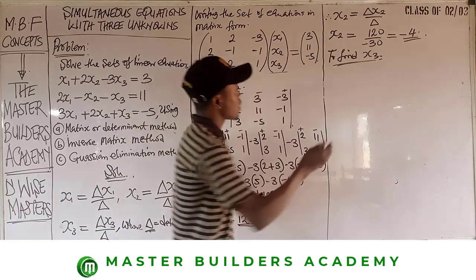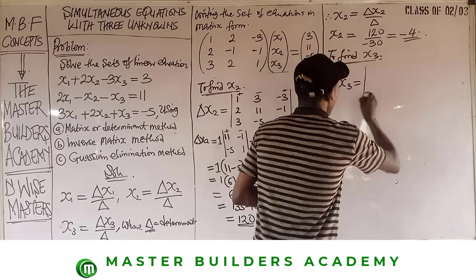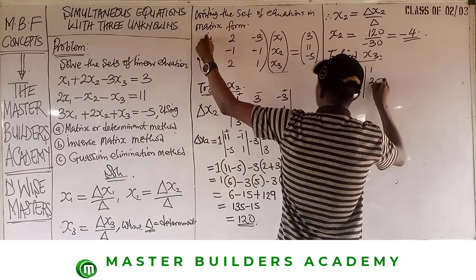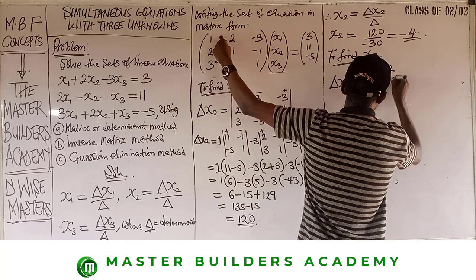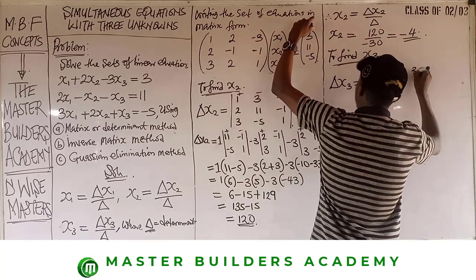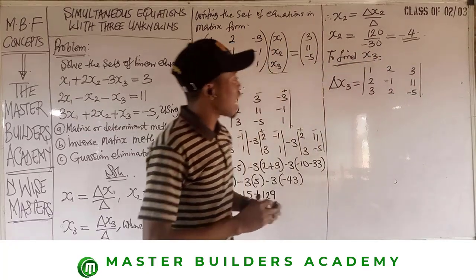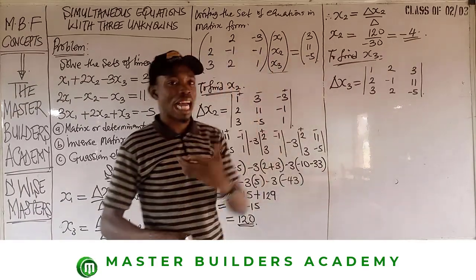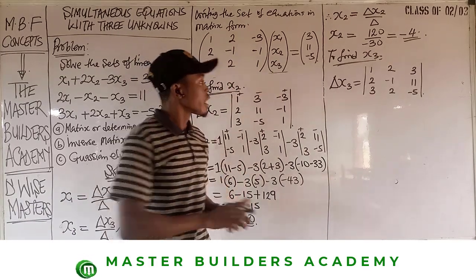Let's go. Then we will have delta x3. We input a 3 by 3 matrix, so we keep the coefficient of x1: 1, 2, 3. Then that of x2: 2, 1, 2. And then that of x3 will be replaced by 3, 11, negative 5. Remember that we are about to find the determinant with respect to x3. Are you there? Which is the same thing as z. Peradventure, you are given x, y, z. Are you there? Now, if this is clear,